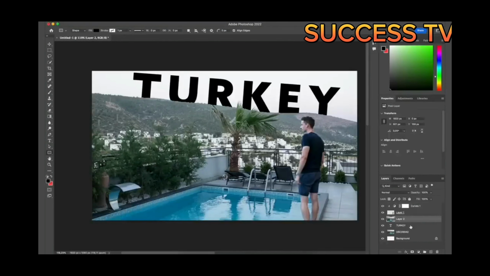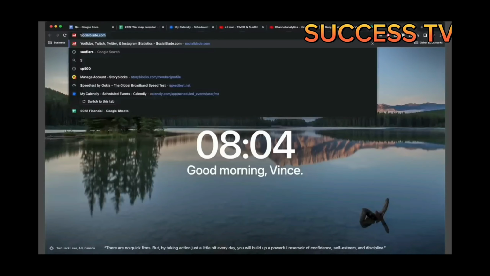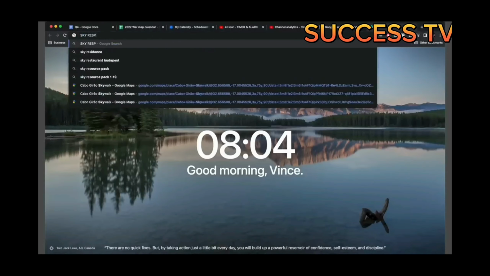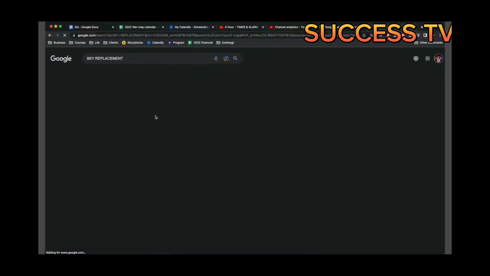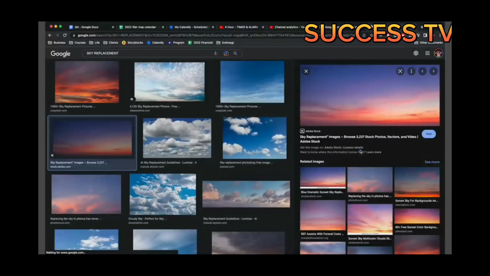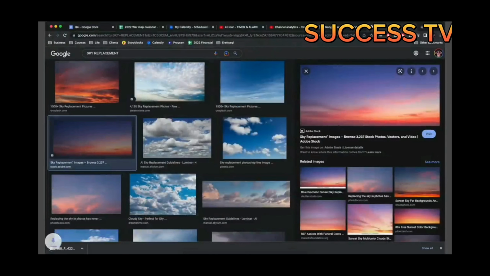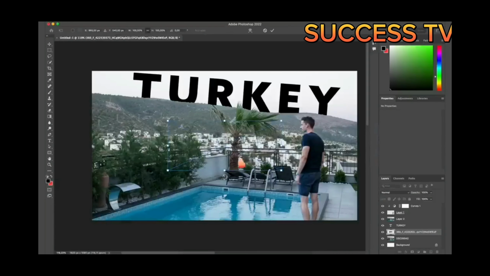If I wanted to change the sky of this picture, for example, I could go to this layer and add a new layer. I want it to be under this one that has the background cut out, and then I can even just go on Google, search up sky replacement, go to images. Let's just download this one as an example, save it, go back to Photoshop, drag and drop it,